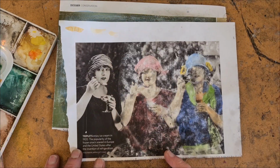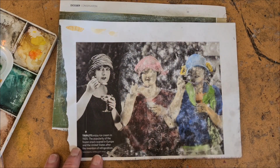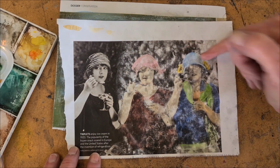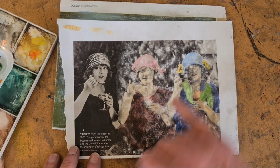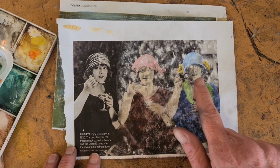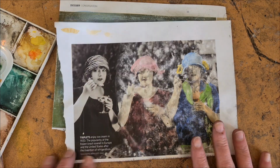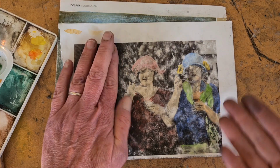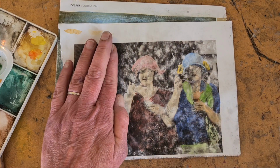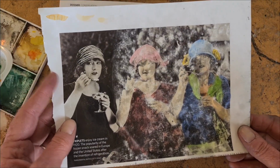And this is the after, where I sanded it back and then went in and just made a watercolor tint to their outfits, a little bit to their skin. I have not gone in to add their faces back. I'm going to leave this a little bit vague, like as if it was a photo that had stayed out in the sun too long. So it's a combination of different techniques,